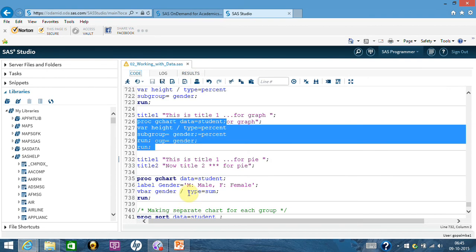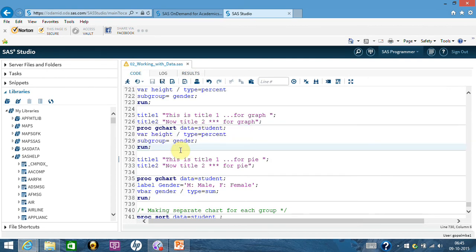However, I remember there are some SAS environments where the title becomes a global statement. So unless you go and put title equal to blank, it will keep putting the same title everywhere. So be careful with whatever environment you are using. But in this environment, if you're not selecting the title, it's just local and it just vanishes.